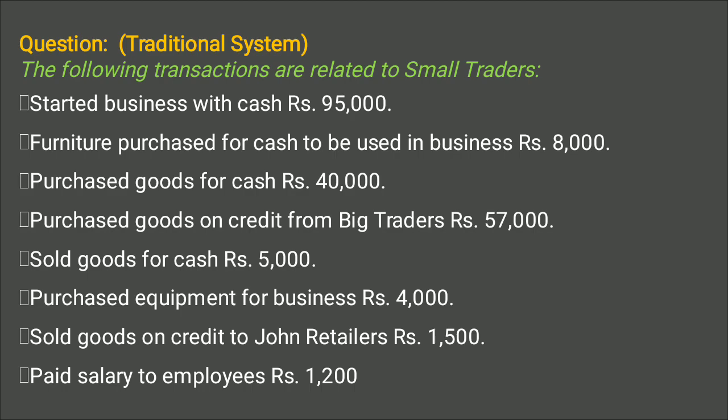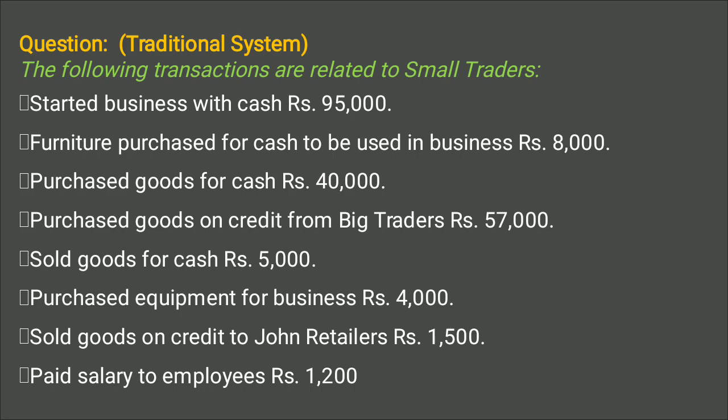So in the business, cash is entering, cash is coming. And on the other hand, capital is part of the business. So two things are going to be affected, cash and capital. Cash is coming into the business and capital is also coming into the business. So two main items which we have identified are cash and capital.